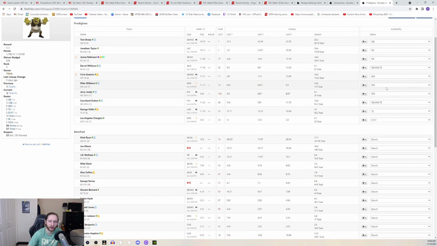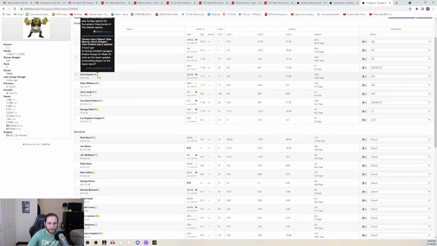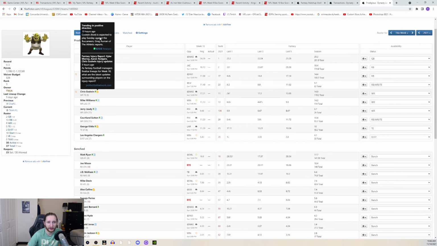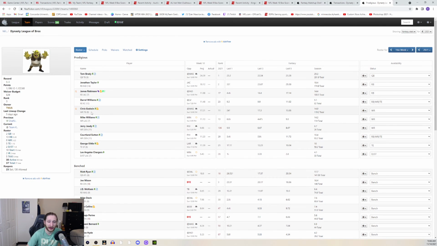We have 2 flexes. This is a 1 quarterback, by the way, half PPR, Dynasty. I think I covered all that, just to make sure that's what it is. Chris Godwin, he is expected to play. Yep, last I heard. So if he's active, I'm starting him. I really love Mike Evans this week, but I don't have him in any league, so I'm going to be starting Chris Godwin. And yeah, I got Mike Williams in there still, even though he's been struggling lately.